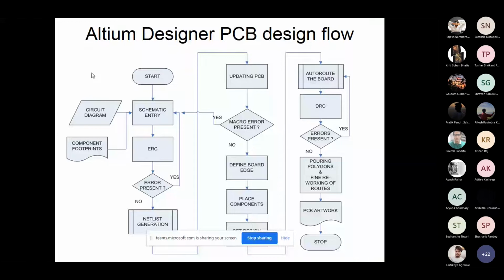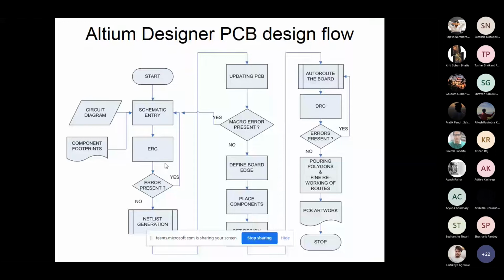After that, you go for definition of the board. Then you place the components and then you set the design rules. So what are the design rules, by the way?